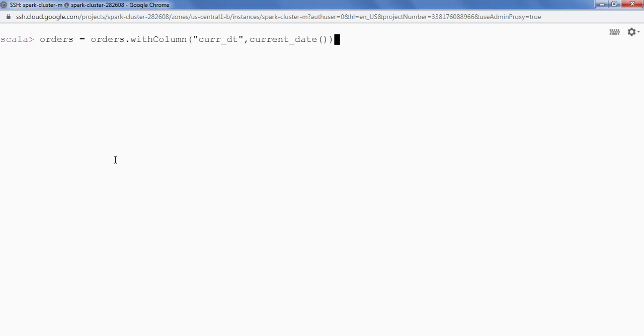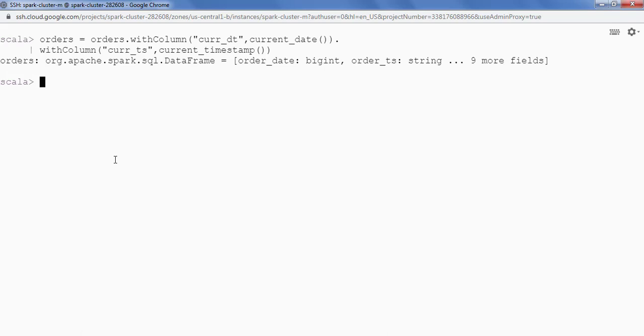Similarly, we can also add a new column with current timestamp. Let's add current timestamp as well. So I'm going to say withColumn, and the column name will be cur_ts, and the value will be, let's call the function current_timestamp. That's it. Okay, so we are done.